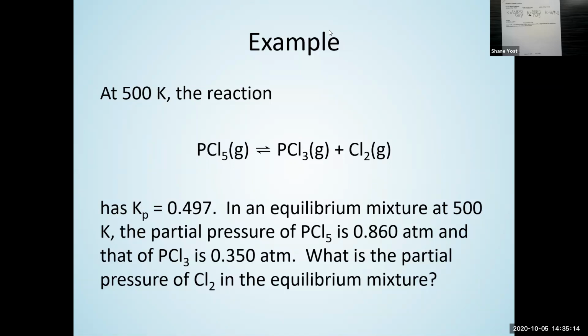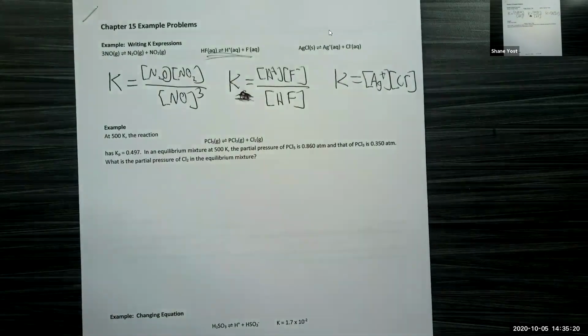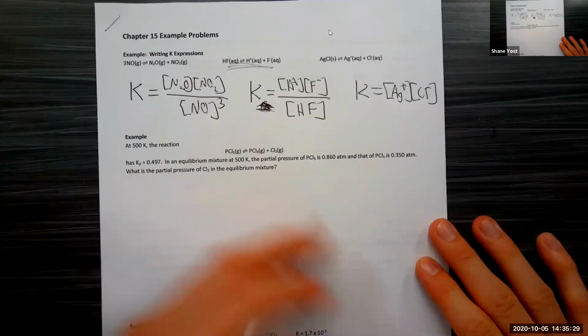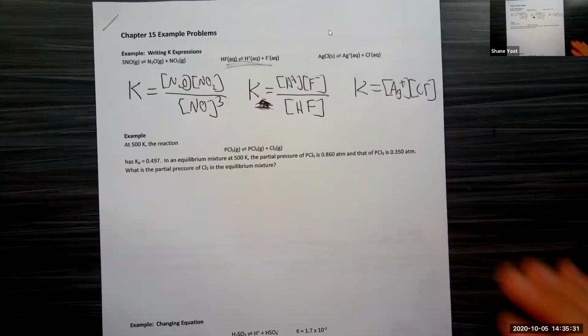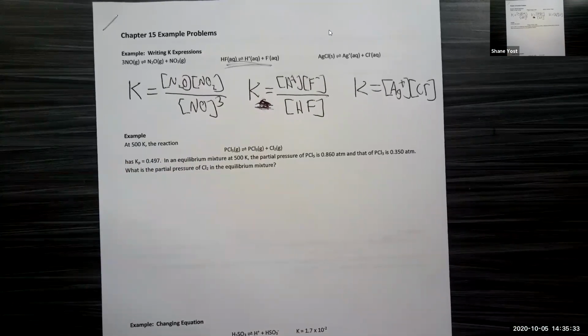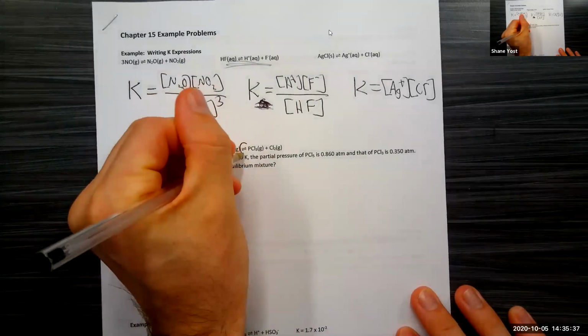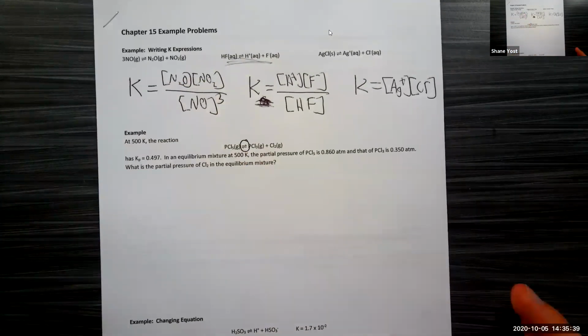All right, so let's work over this example together. I have one student on Zoom here. They got an answer of 1.22, and let's find out if that is what it is. Every equilibrium problem that I ever deal with has some chemical reaction that's in equilibrium. I know it's an equilibrium reaction because it's got that double arrow written.